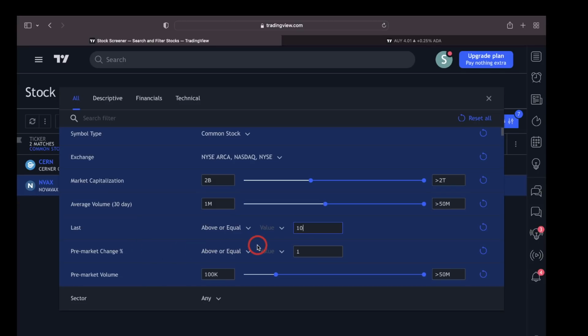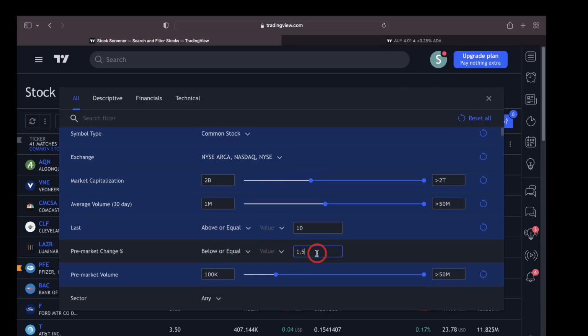And then finally, the pre-market change, I like to keep it above 1.5, to 1. This is my range percent. And this is looking for a bullish setup right now. If you want a bearish setup, all you have to do is choose below or equal and then set